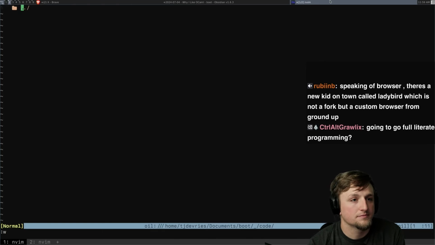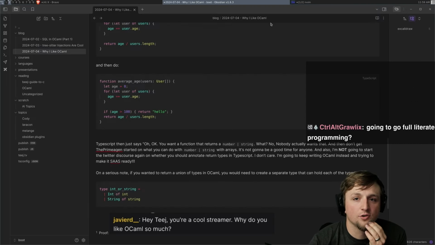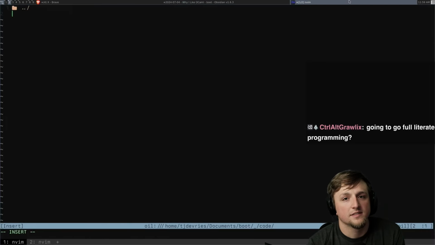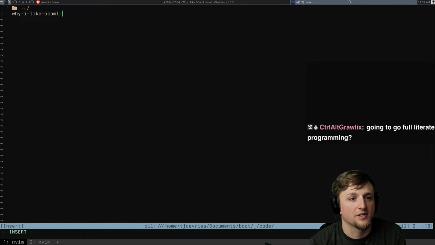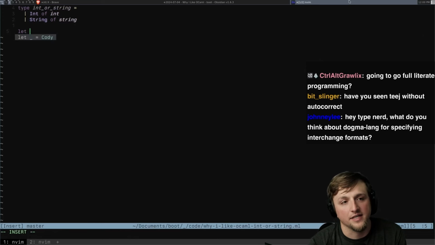Code. Let's go int or string. I didn't even know what I would want to call it. Okay. We'll just do like why I like OCaml int or string ml. Right. So we make this file. Go type int or string. Int of int, string of string, and we can say like let